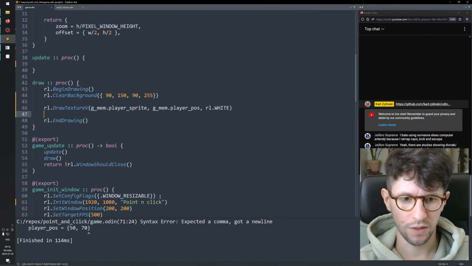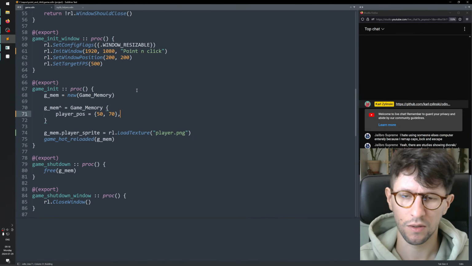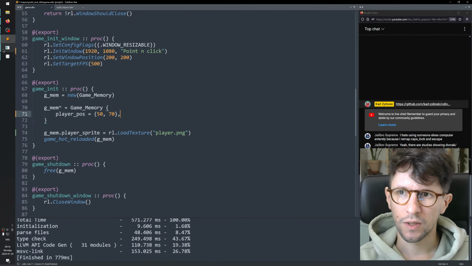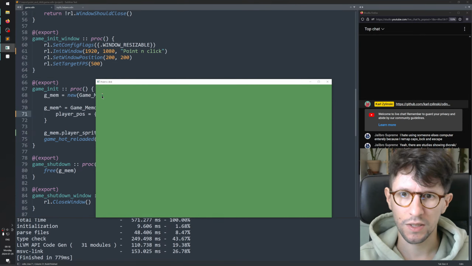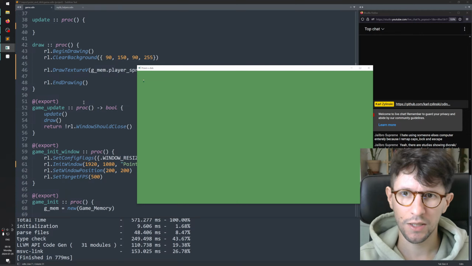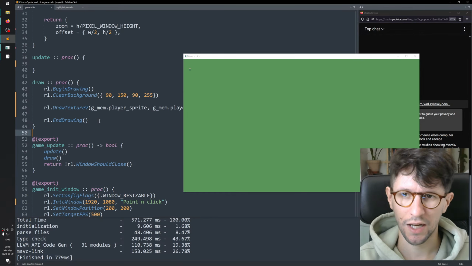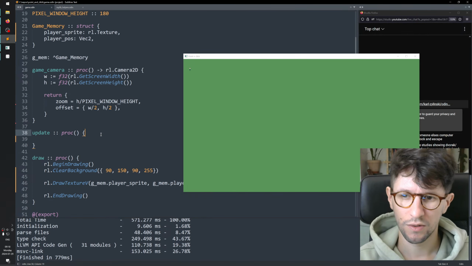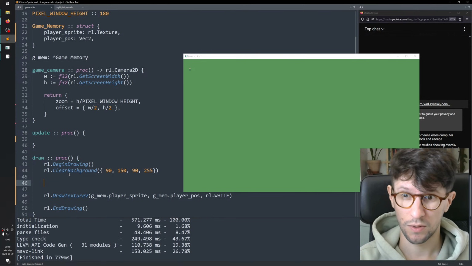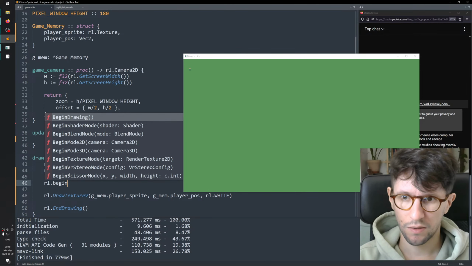Okay, this did not compile. Oh, I didn't have a comma here. Okay, so now there is this little person here. It is very tiny. That's because I did a funny thing here. I had a camera set up, then I removed it. But that's easy to fix, we use rl.begin mode